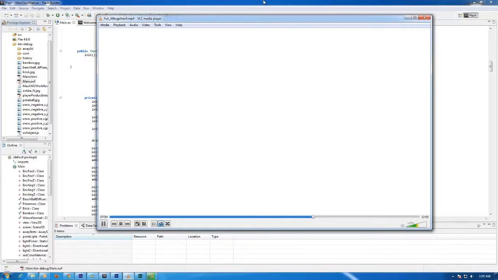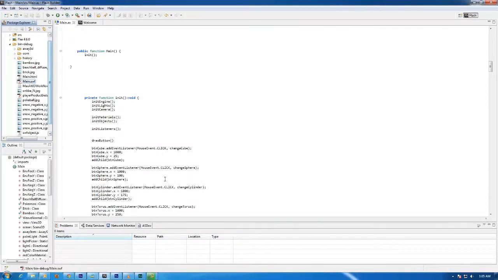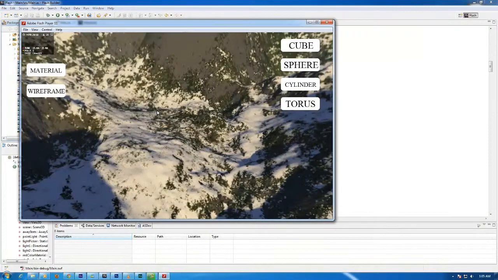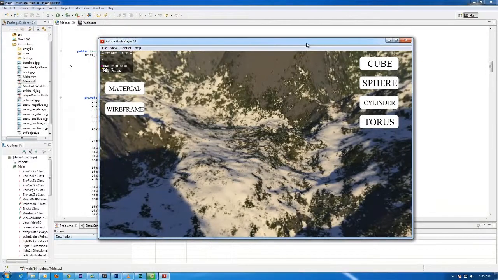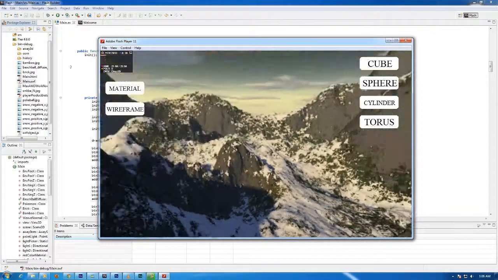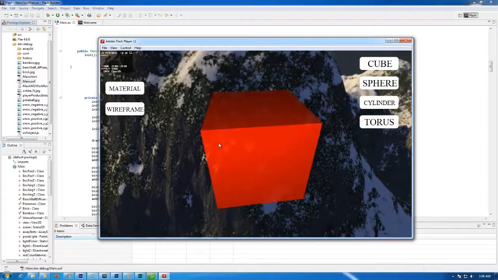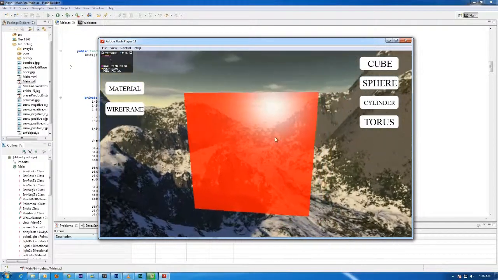Okay, so after you have finished putting in your code, you can now just click on the main.swf in the Package Explorer tab. Just click on it, and then it'll spit out your code on Adobe Flash Player. Then there you will have your rendered 3D scene with a cube,